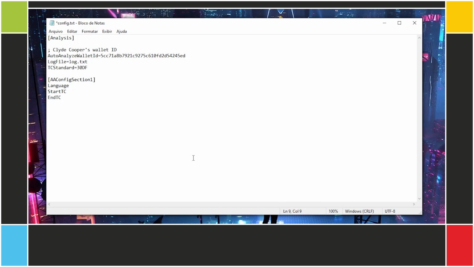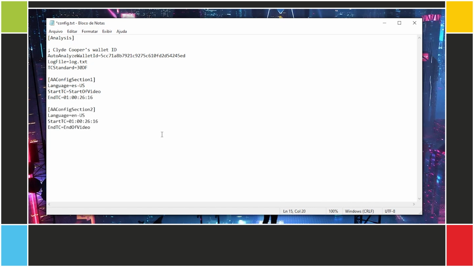The language must be specified for each section, even if it's the same for the entire video. Even if you set the Auto Analyze reclang in the analysis section, it will be ignored if there are sections present. Start TC can be a timecode in the appropriate format, or simply start of video if that is the case. End TC can be a timecode as well, or end of video.